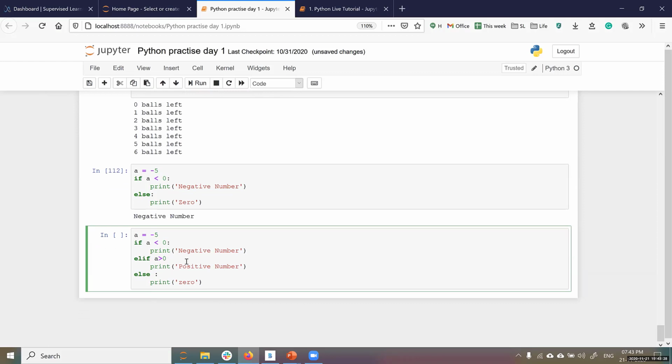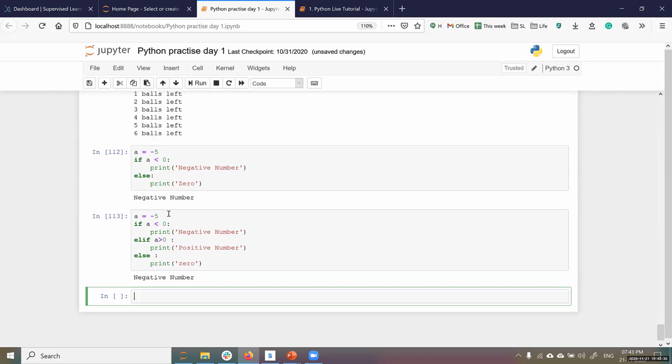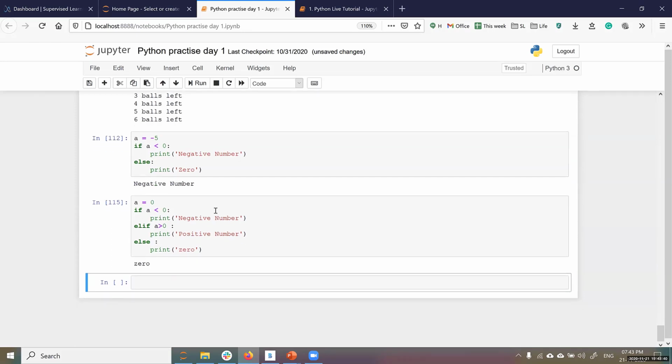There should be a colon here. Negative number; if you put 5, it will show positive number, and 0 shows 0. Again, a very basic operation. Try it out, guys, everyone.